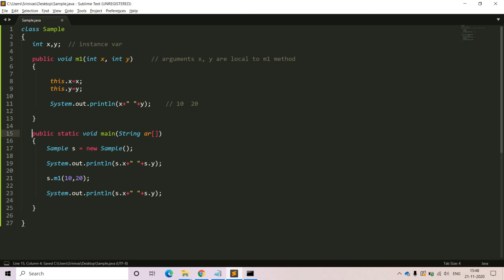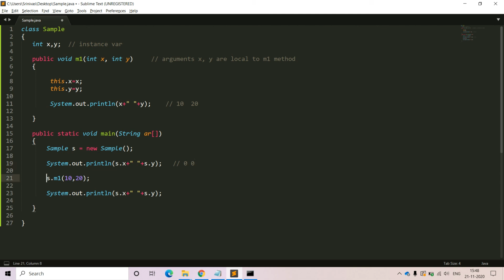The control flow execution will start from the main method. In the main method we are creating the object of the class, and after creation of the object we are accessing the instance members. We are not accessing directly; with respect to the object only we are accessing the instance members, but unfortunately initially there is no value associated with x and y. Due to that reason we are going to get 0, 0 as the answer.